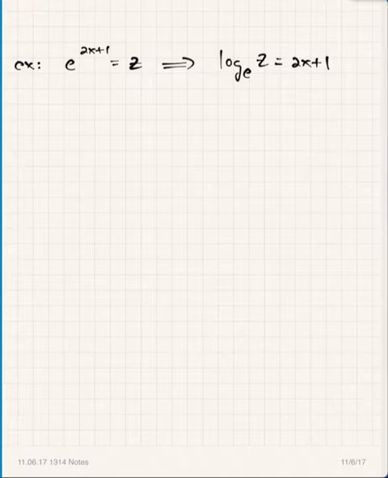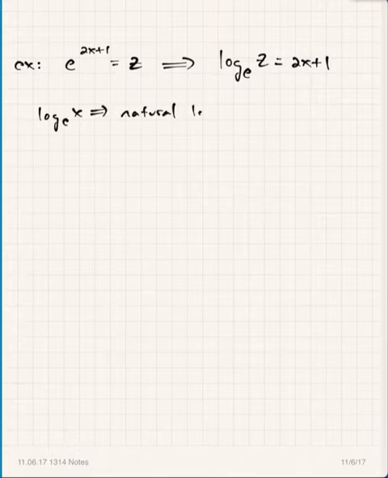But we don't usually write logarithms base e written out that way. We have an abbreviation for that. First of all, logarithm base e is called a natural logarithm. So that's a natural log. And the abbreviation for that one, we don't even use the word log. We use the ln abbreviation, and we say ln x.